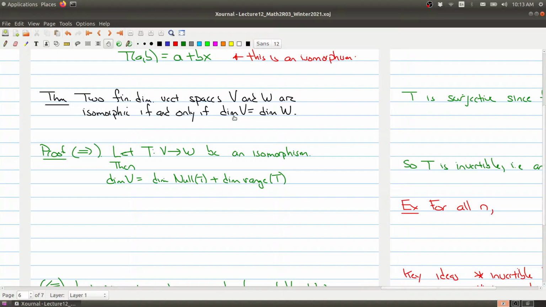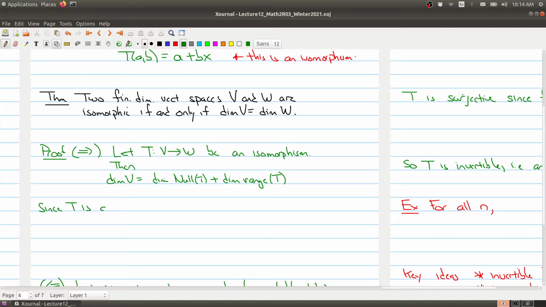Let's say that you know that V and W are isomorphic. Because they're isomorphic, there's an isomorphism T from V to W. But then, by the fundamental theorem of linear maps, the dimension of V has to be the dimension of the null space of T plus the dimension of the range of T. But now, because T is an isomorphism,